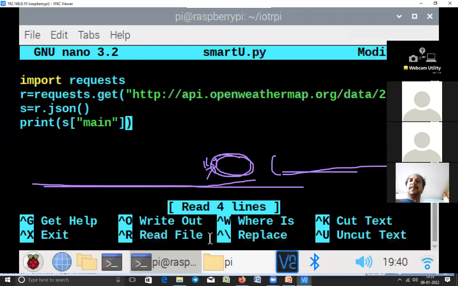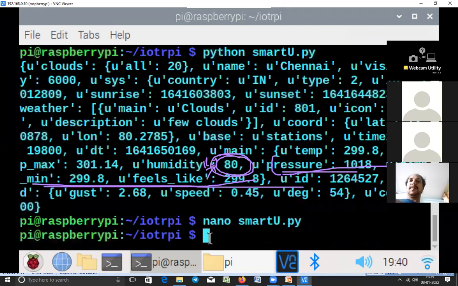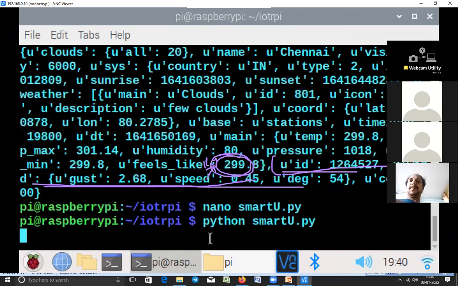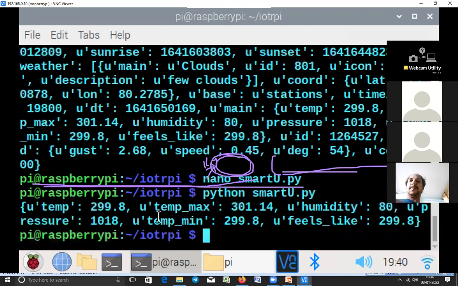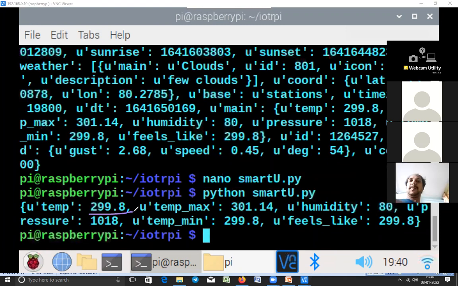So that value is also a dictionary. We'll see that now. Run this and see, all of you. You will see here another dictionary. You got another dictionary. This dictionary contains temperature, temperature max, humidity, pressure, temperature min, feels like.